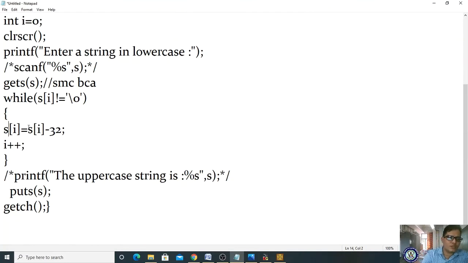Okay. After processing this, in the 0th location s is there, not equal to null. Now you are processing with minus 32. Automatically this small s is converted into capital S, and now you increment the i value. i is 0, plus plus, it becomes 1. In s of 1, it consists of m. m is not equal to null, condition true. If the condition is true, it comes here. s of 1 is equal to s of 1 minus 32. s of 1 consists of m, minus 32, it becomes capital M. Capital M will be stored in the s of 1 location. After processing like this, it will come to display. To display, you can use either the printf function or the puts function. Now I am using the puts function. Let me save it.